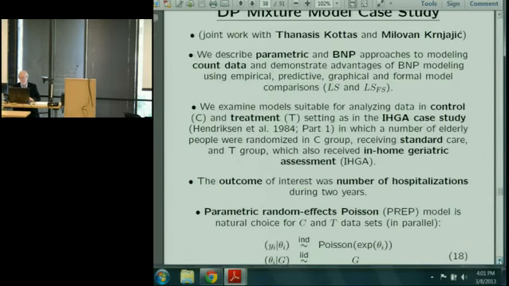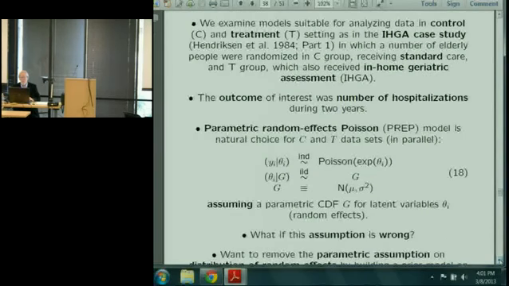So remember the in-home geriatric assessment study. We have people randomized into treatment and control, and we looked at a parametric model. Initially, we wrote down a parametric model that had fixed effects Poisson regression going on. But then we also moved from that to what we called a random effects Poisson regression model. And we could call it a parametric one, otherwise known as a PrEP model here, parametric random effects Poisson, PREP,